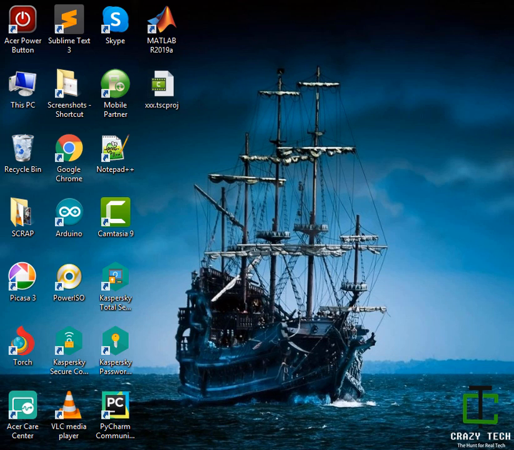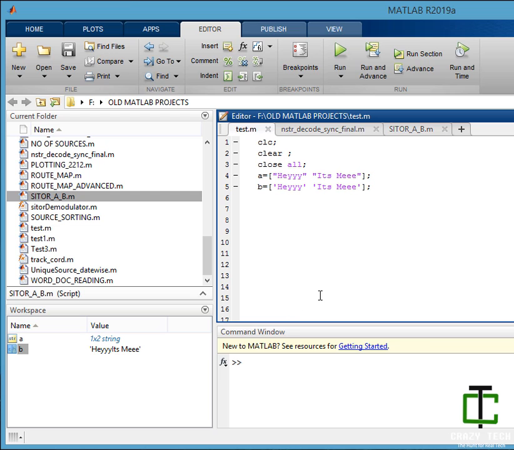Let's get started. In my previous video, I discussed the array of strings, but I forgot to discuss array of characters. Here is the initialization of an array of characters.